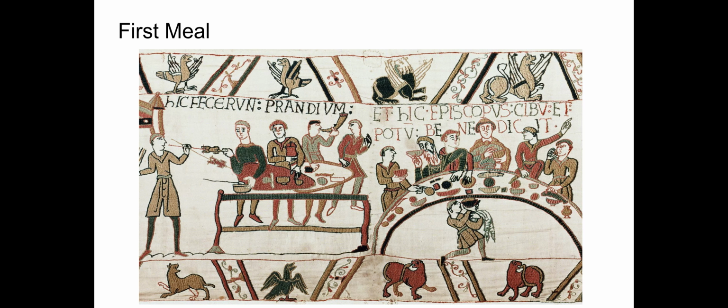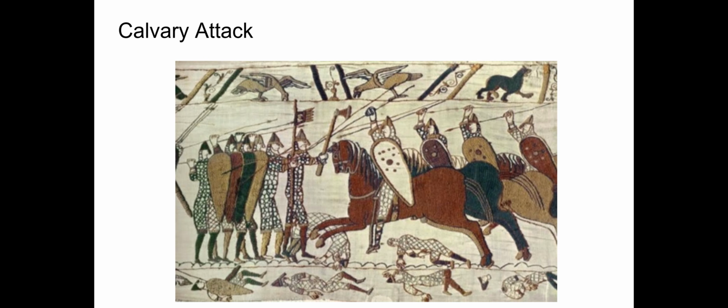So if I go back to the Cavalry Attack, you can see on the bottom border, since we're having an actual battle scene here, that some of the dead soldiers have spilled out onto the bottom border and the animals have been replaced by those soldiers. So it really just depends on what scene is being shown with that. So while we're here in this one, let's just talk about this particular image. This is the Cavalry Attack.